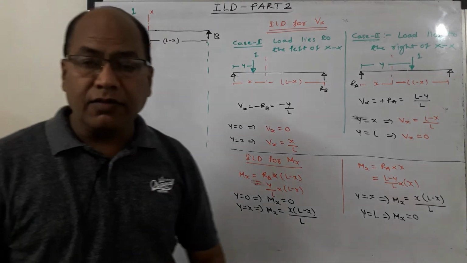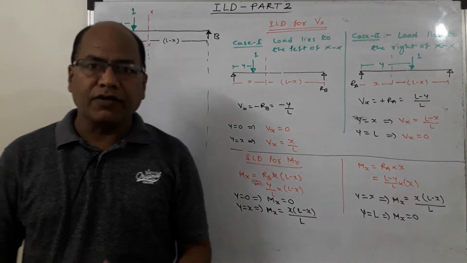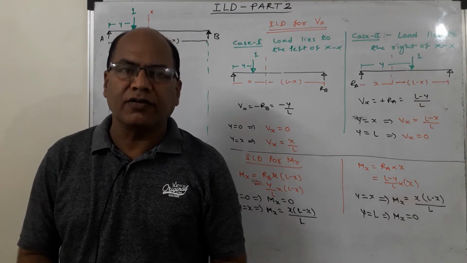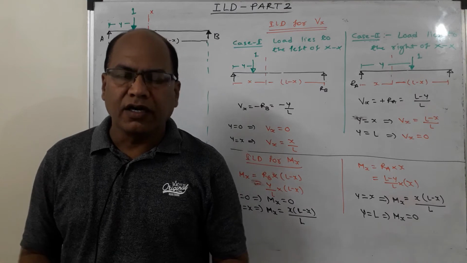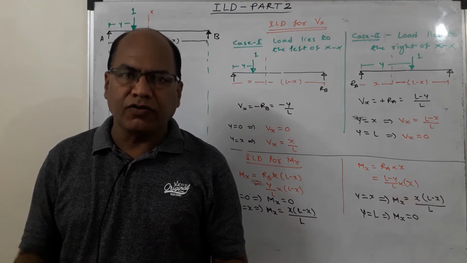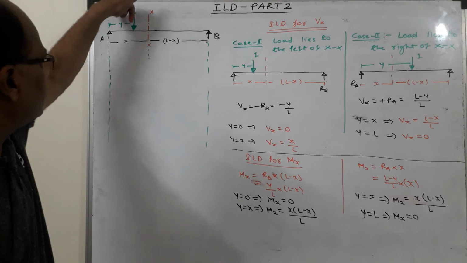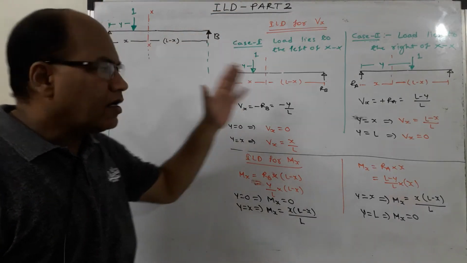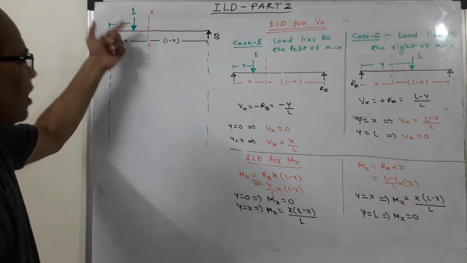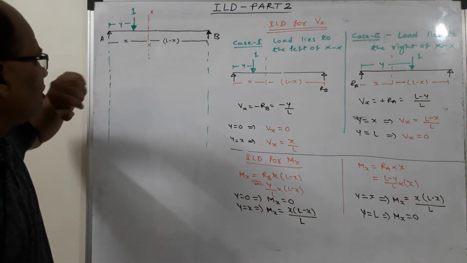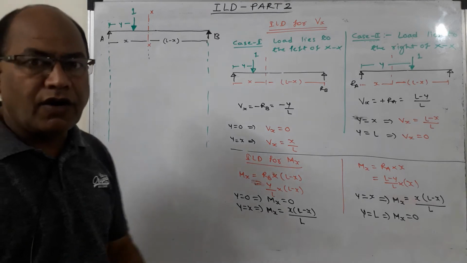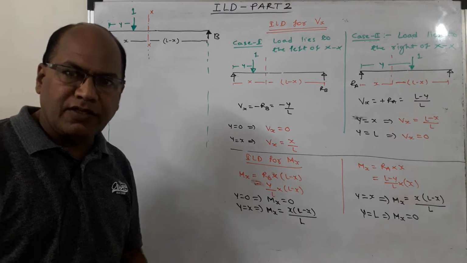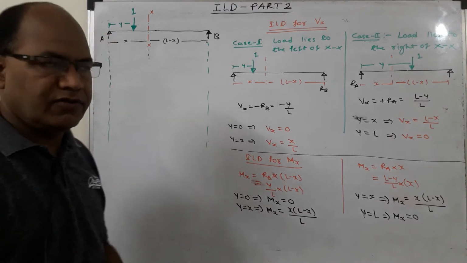Now again, in the previous video, we have seen that whenever the ILD for any given beam or any given member is to be drawn, remove all the given loading and consider a unit moving load. So I am considering a unit load which is moving from one end to the other end, and let at a certain instant it be at a distance y from the left end. So the load position is over here at a distance y. So y is a variable. As the load takes different positions, y will have different values.